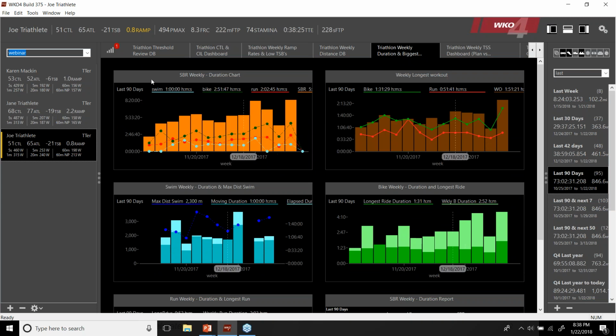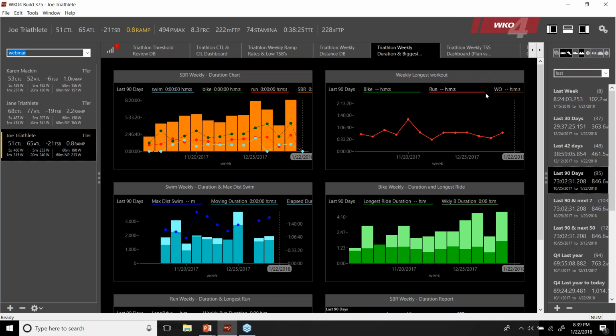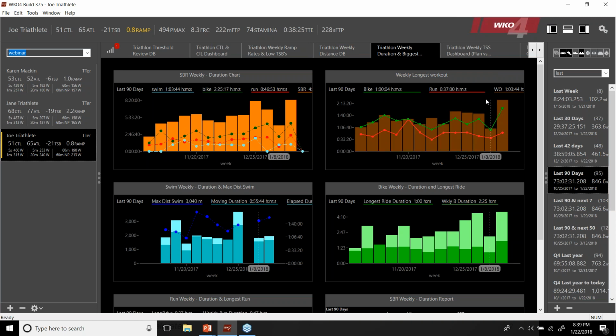Also, this is all sports with the individuals here, but this is my favorite chart. This is the longest workout, and I have to give credit here to William Renfro, who helped me. You might have seen me posting about this. I wanted to find out what the longest workout was if an athlete did a brick, because sometimes they might do a brick, but you don't know what their longest workout really was. And here I basically had if they did one workout within this default,